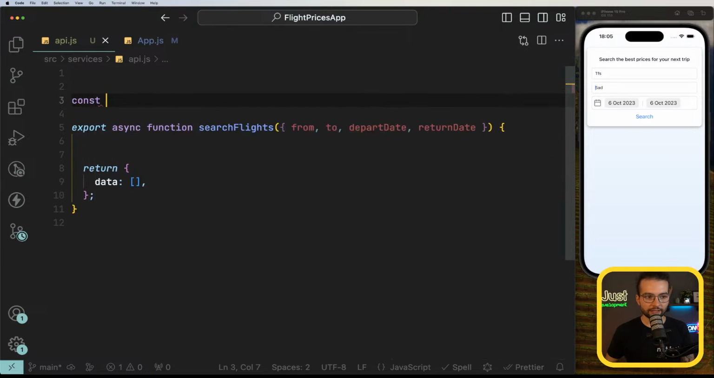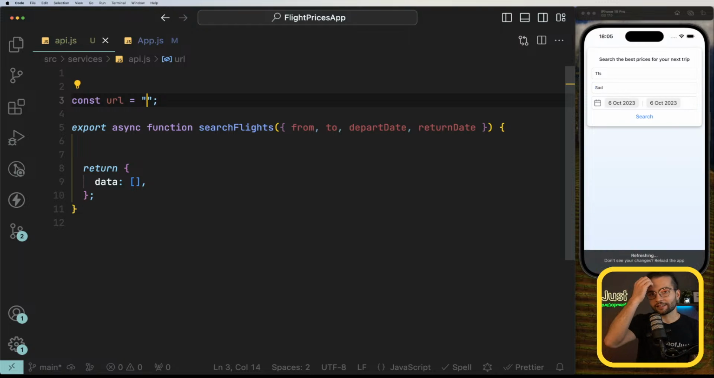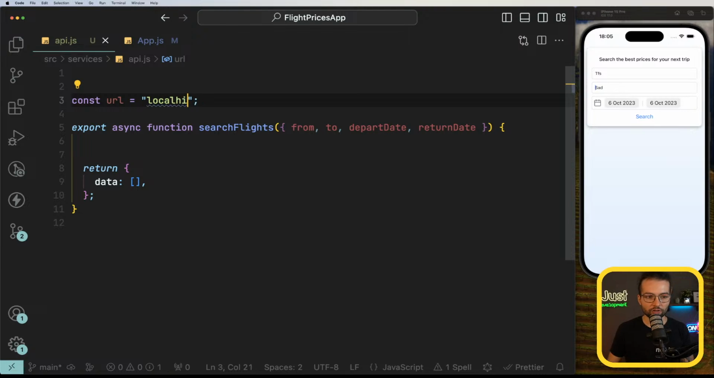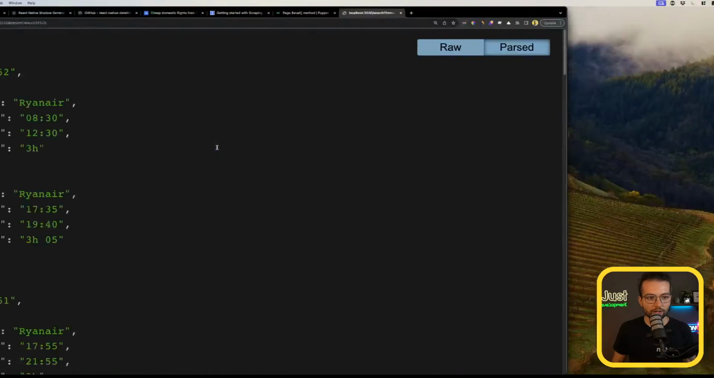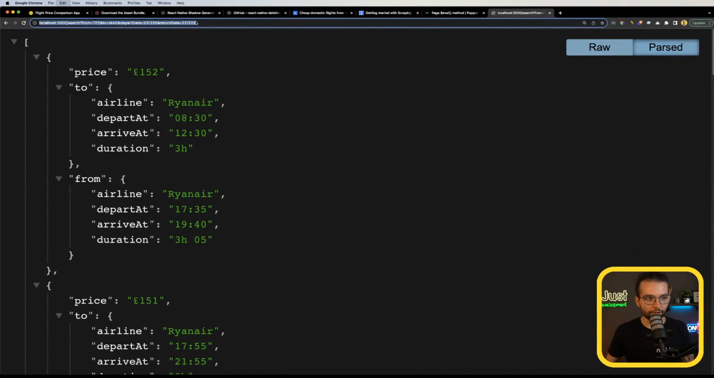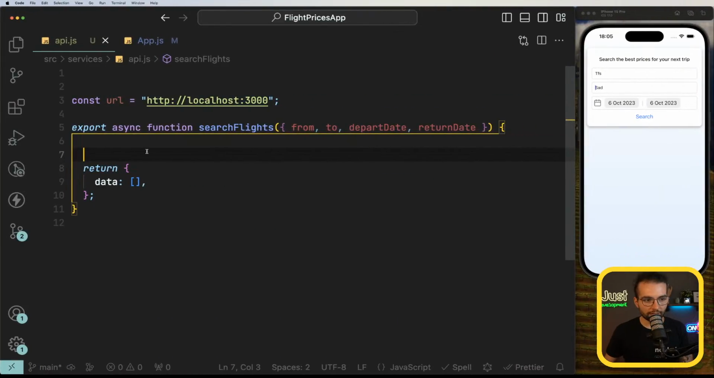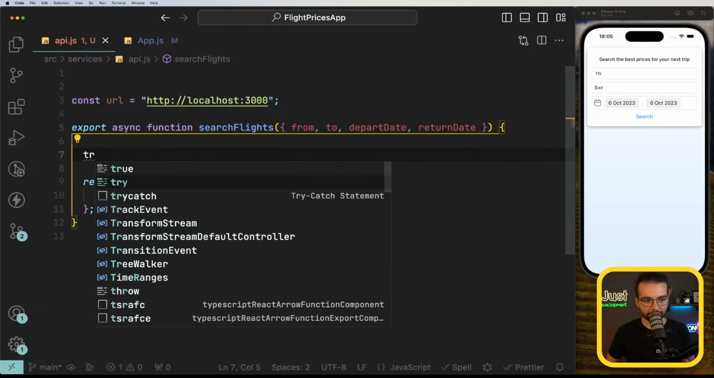So let's go ahead and create the URL of our backend. This URL later can change because you most probably will host it somewhere, but for now it's at localhost, port 3000. And I think it should also have HTTP like this. Now I'm gonna simply take this URL from here and using a try catch,